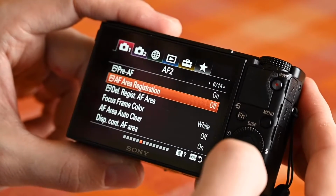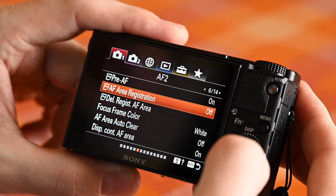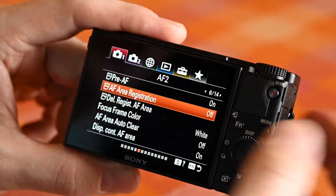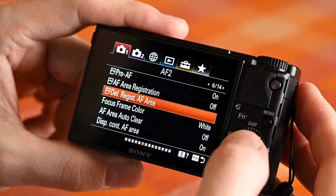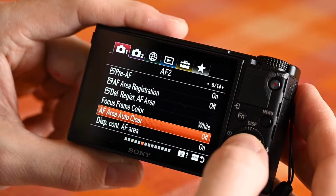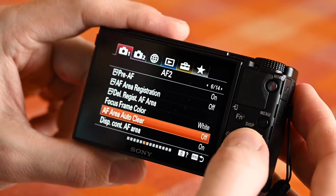Autofocus area registration, you can register any of the focus areas that you use most frequently and call them if you need them. Here you can delete the registered autofocus area. Focus frame color can be white or red, and autofocus area auto clear is the option where if you in single shoot mode and you chose some area for focusing